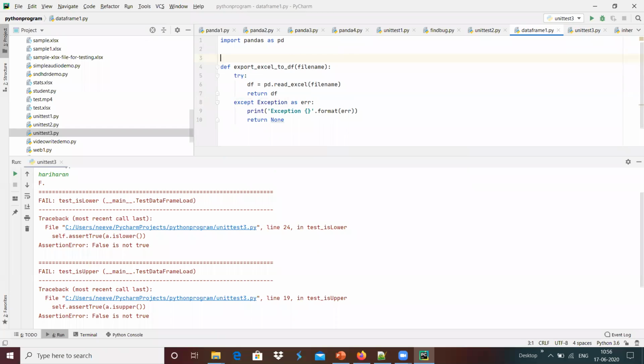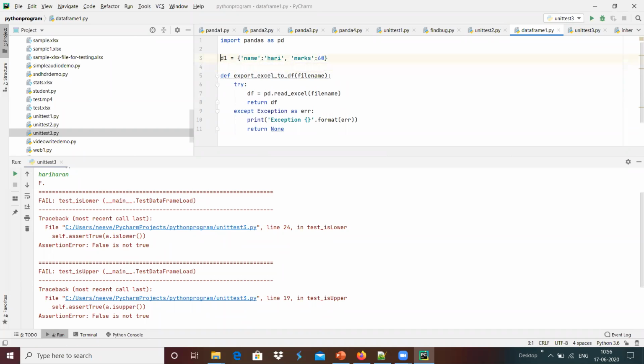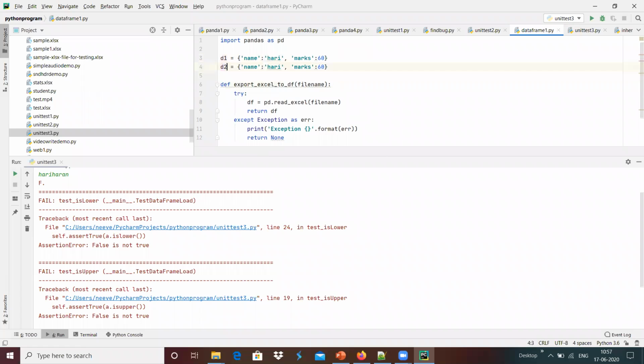Dictionary d1 should be created with curly braces over here, and I'm going to give name colon Hari, and comma, and we can add something like age, maybe marks over here, which has 60, and I'm going to do the same thing with d1 over here.